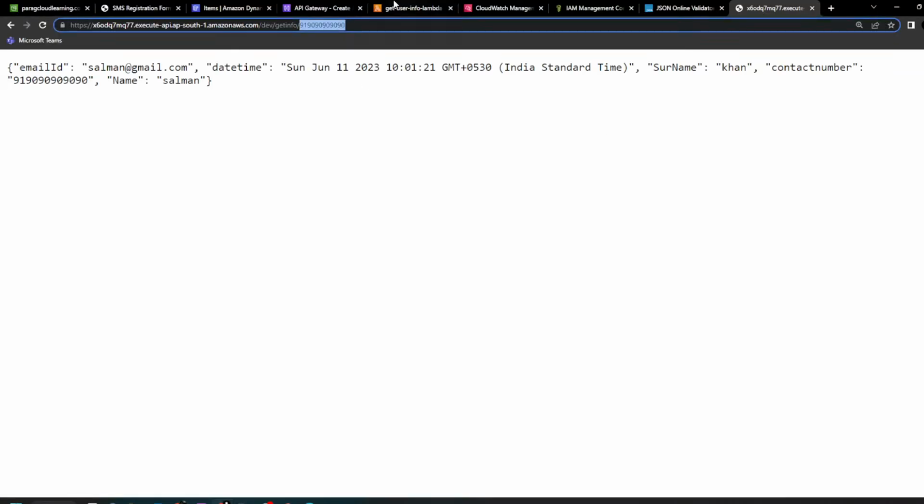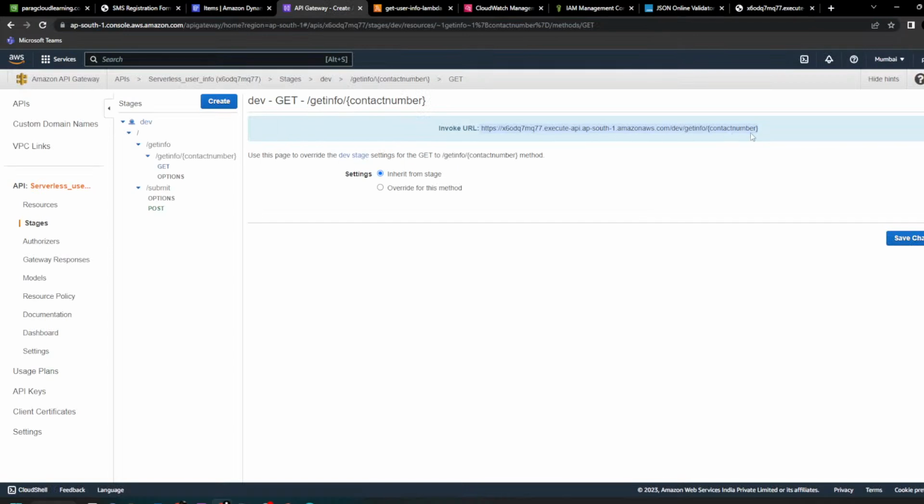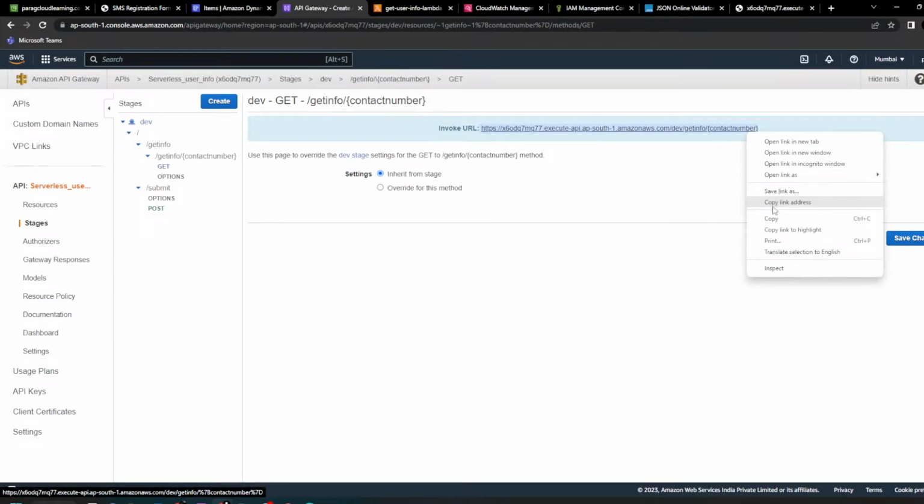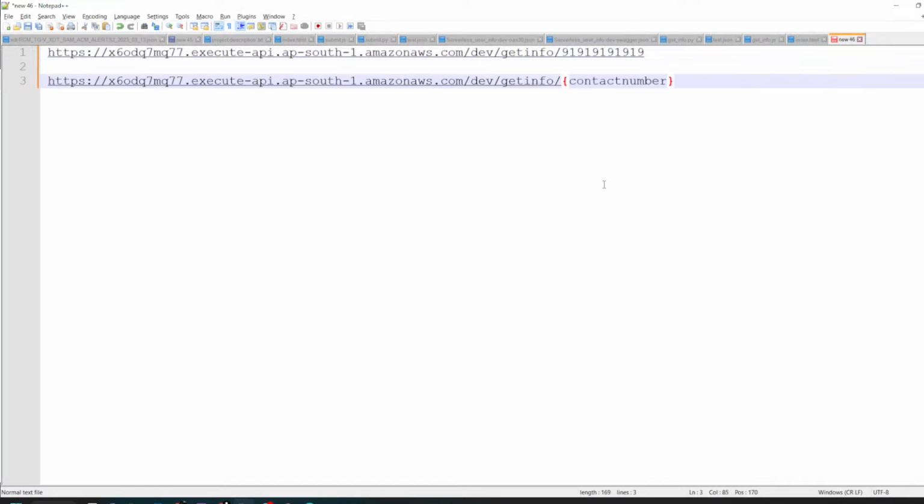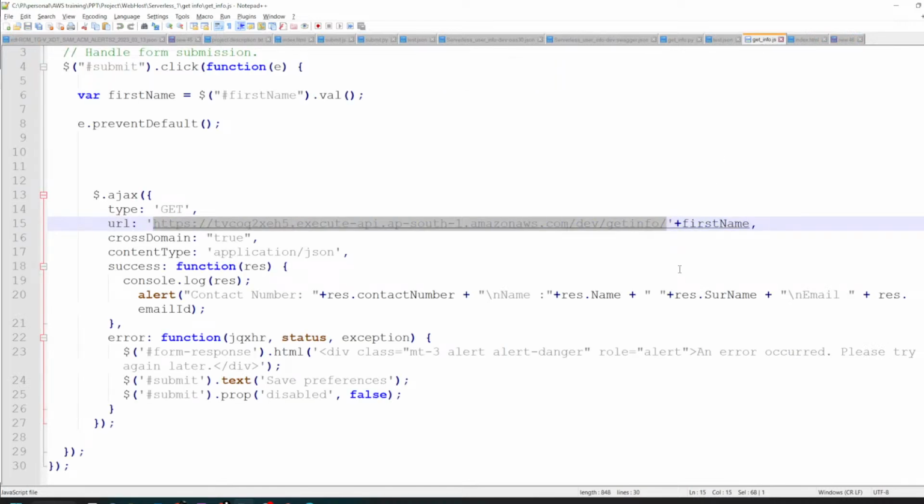It will give you an error because your URL contains the contact number. You have to remove this part, because it will be appended through your form. So you can see till here and first name. I have replaced it, I have saved it,